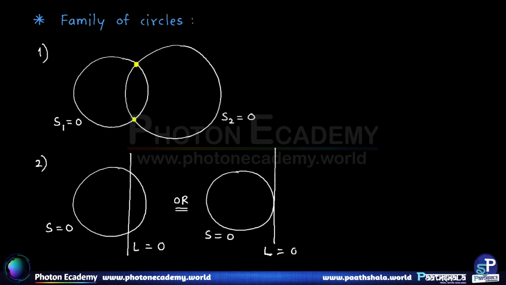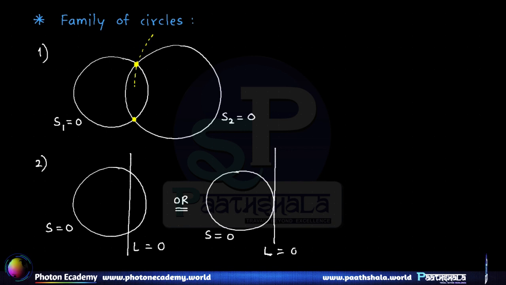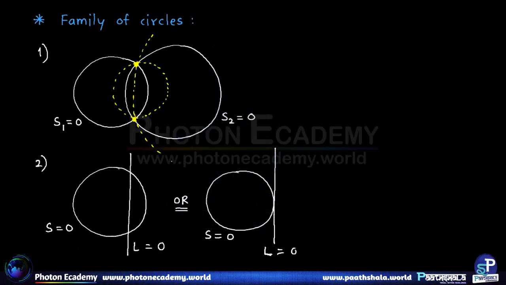So that means there might be one circle that might be passing through the 2 points like this, whereas there might be another circle, a smaller one, that also passes through the same 2 points of intersection, and so on. We can sense that there are actually infinitely many circles that pass through the 2 points of intersection. So the general equation for the family of all those circles is given by S1 plus lambda times S2 is equal to 0,